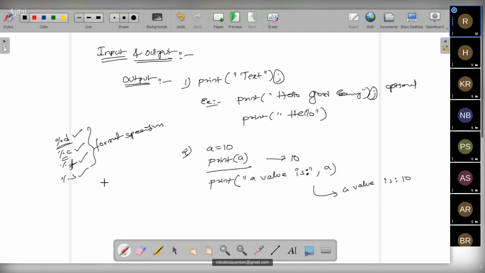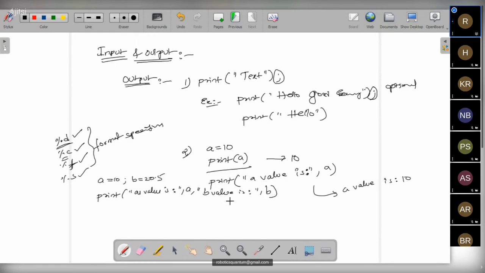If you want to print two values, I have a equal 10 semicolon b equal 20.5, one integer, the other a float. We can print them in a single print function: print of a value is colon, double quotes closed, comma a, separating it, then double quote start b value is colon, double quotes closed, comma b.